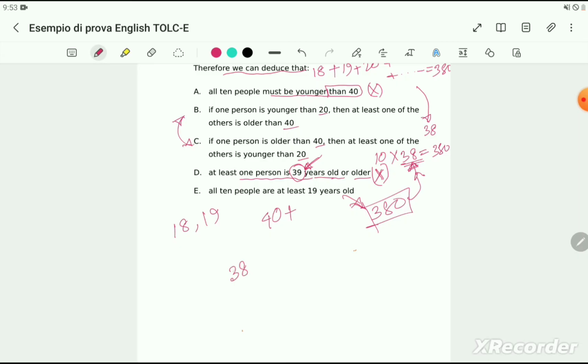38. So if one person, this is fixed, that means it cannot be 2% or 3%. If one person is less than 20, that means we can arbitrarily choose 18. Then another person's age would be how much? If we consider all other 8 people's average age is 38, if we consider. Okay, then